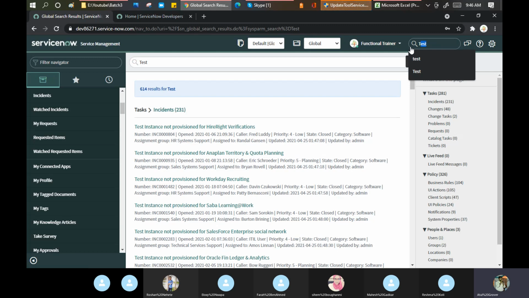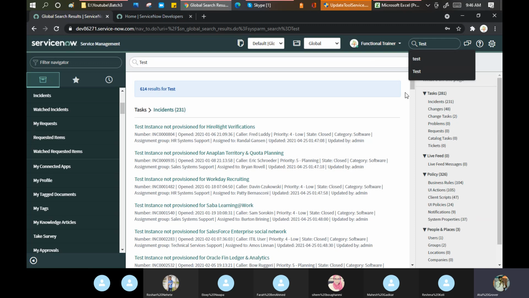When I say globally, it means it will not only search in incident, change or problem, it will search incident, change, problem, business rule, your logics, your code, your scripting, your notification, your SLA. Wherever you use the word test, it will go and find it for you. That is the reason we call it the global search. The area of this search is wider.